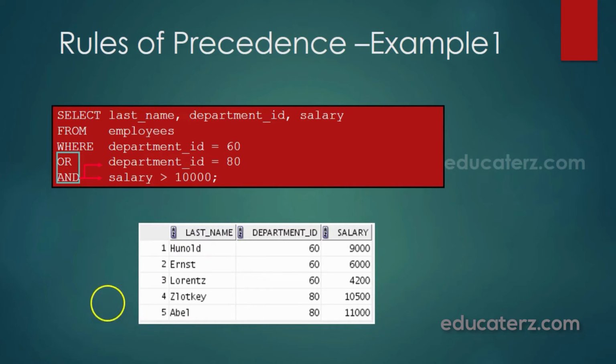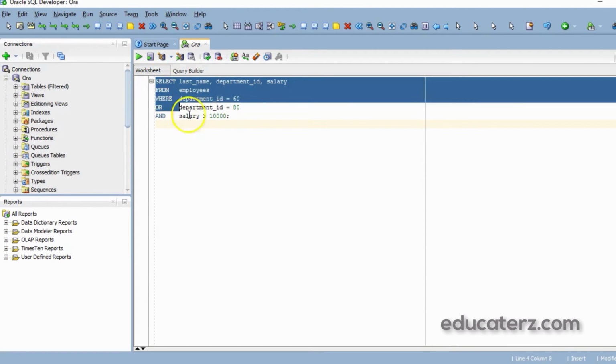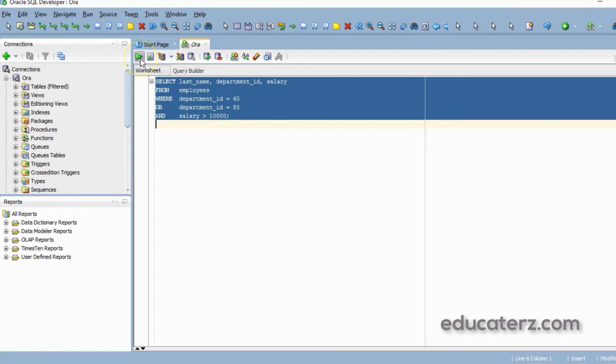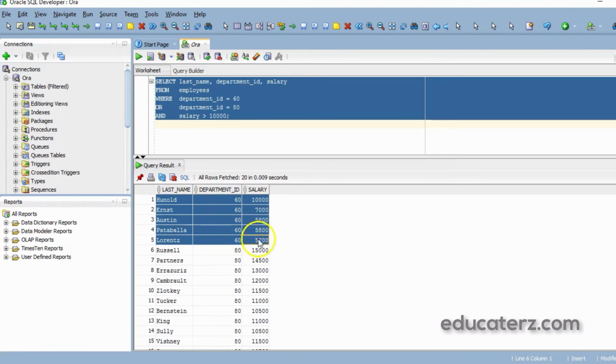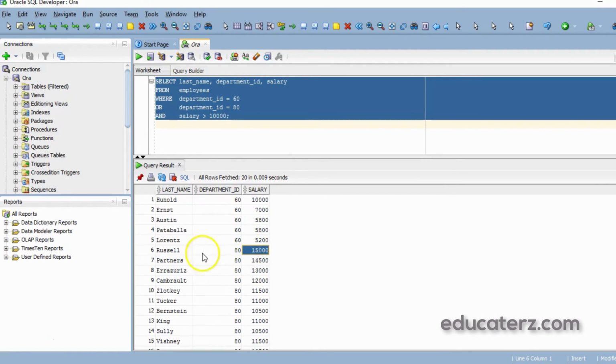I will demonstrate this and show you the result. I will execute this query and you see the result. It is picking up the employee details where department ID is equal to 60. These are the first few records. And you look at the sixth record, last name is Russell and department ID is 80 and salary is greater than 10,000. If these two conditions match, then the record is picked up.